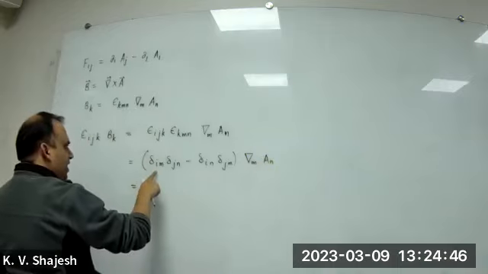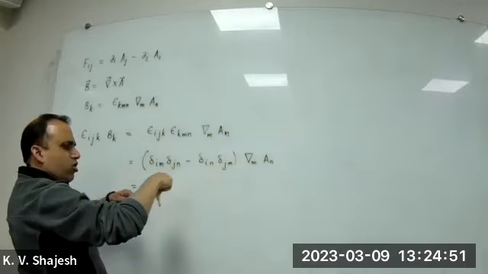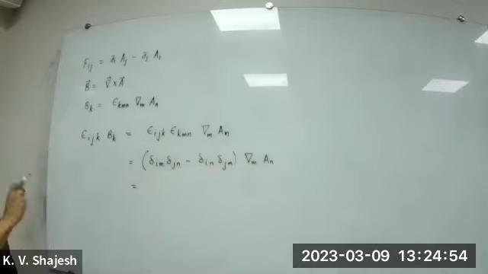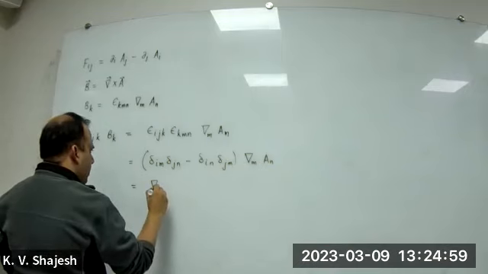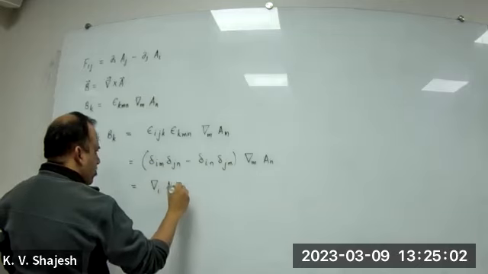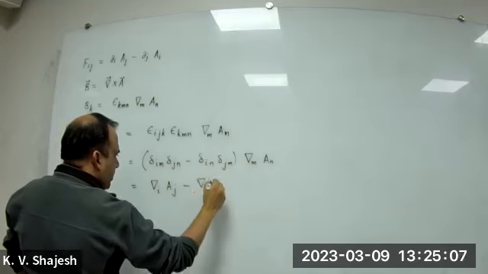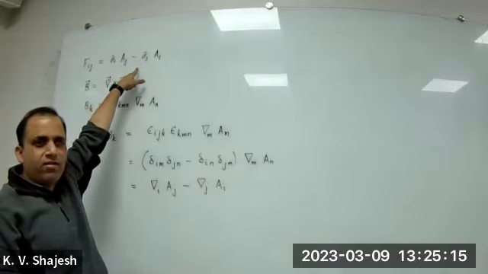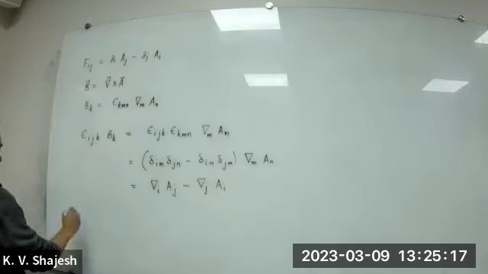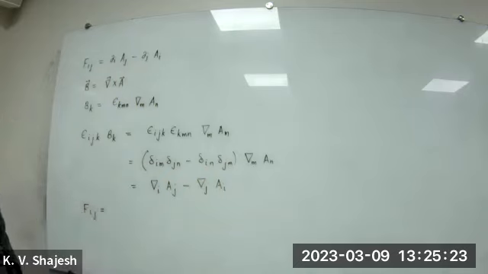Expand this out. Remember Kronecker delta, when you sum over or contract, it just swallows one of the indices, and you get del_i A_j minus del_j A_i, which is exactly what we have here, which means to say that F_ij is equal to